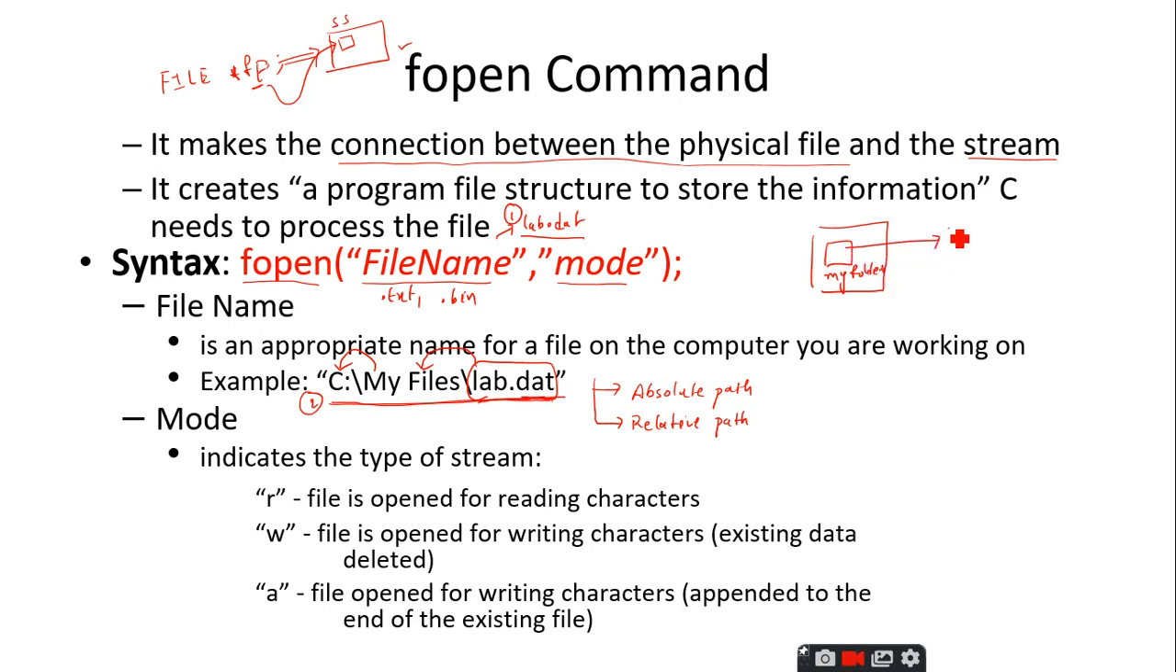And in this folder, I have the lab.dat file, and I am storing my C file, operation.c. This file is also saved in the same folder, my folder. So if both the file which you are going to give as input to the fopen and the program file, both of them are present in the same folder, then you can directly specify the